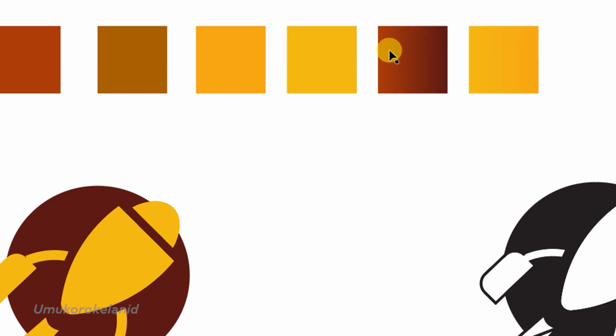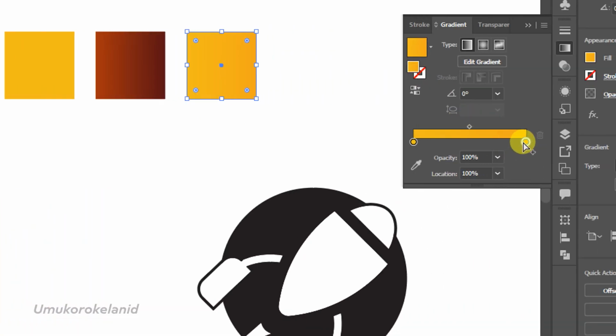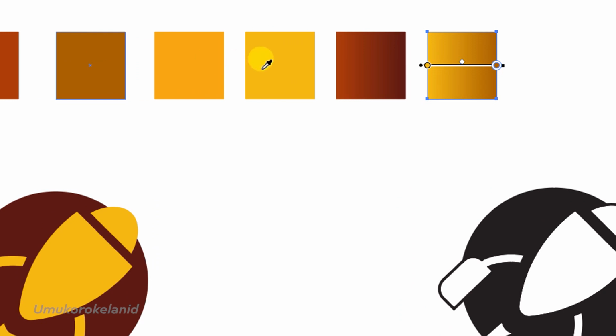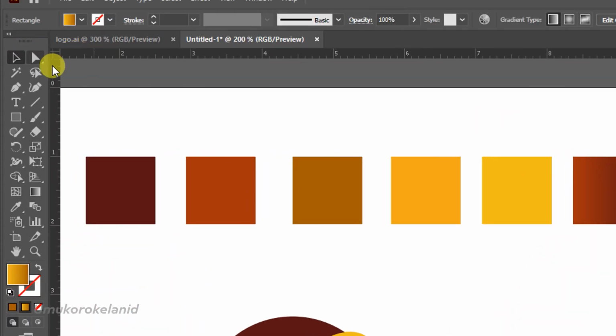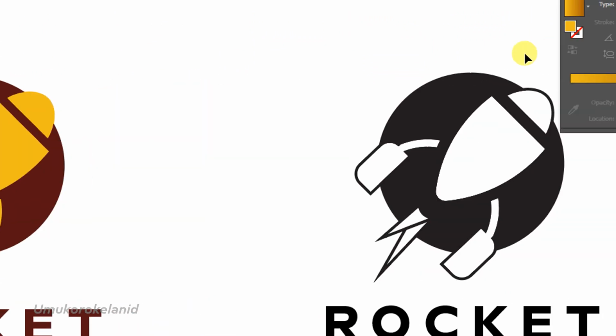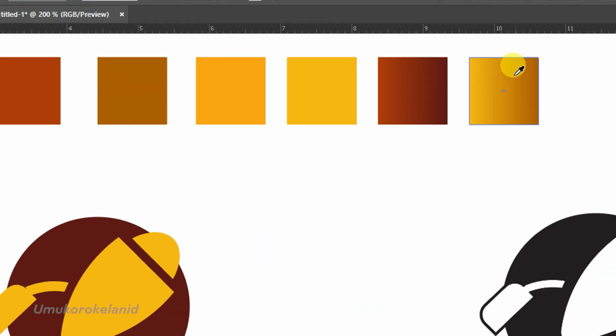Now let's adjust this gradient that's not looking so close to gradient, the dark part of it to be dark color. So okay, now this is okay. Then let's apply gradient to this fire. So just select the fire, go to eyedropper and pick the